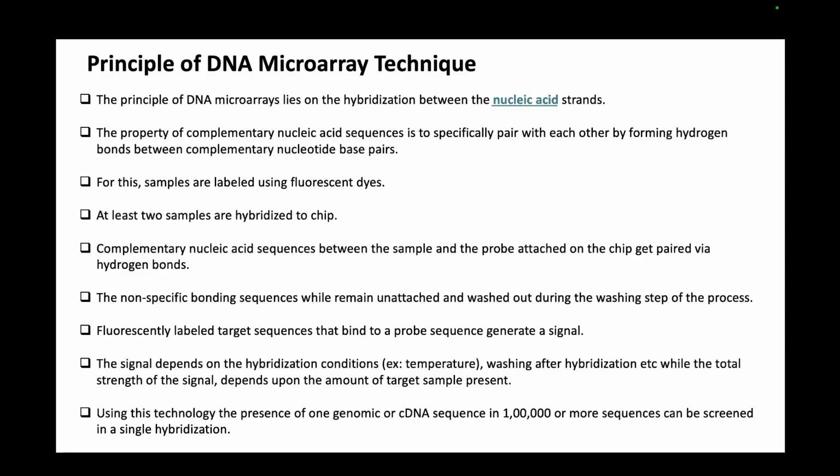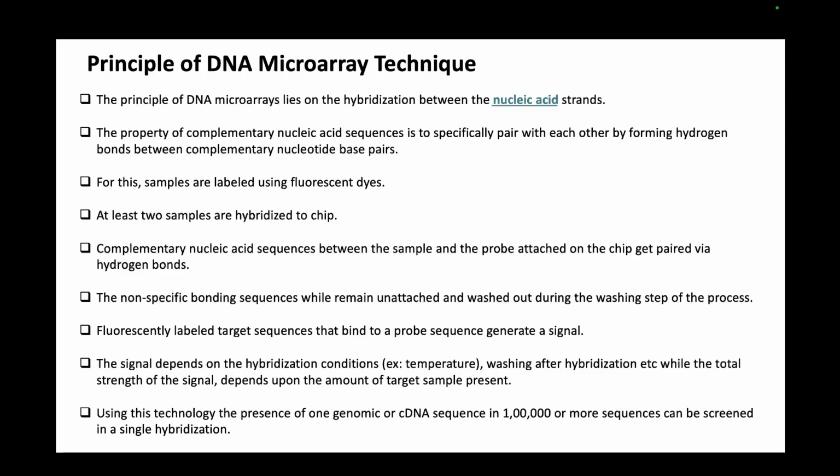At least two samples are hybridized to the chip, and complementary nucleic acid sequences between the sample and the probe attached on the chip get paired via hydrogen bonds. It's easy, like normally how DNA forms a double strand. I guess all of you know it's using hydrogen bonds. So complementary nucleic acid will come and